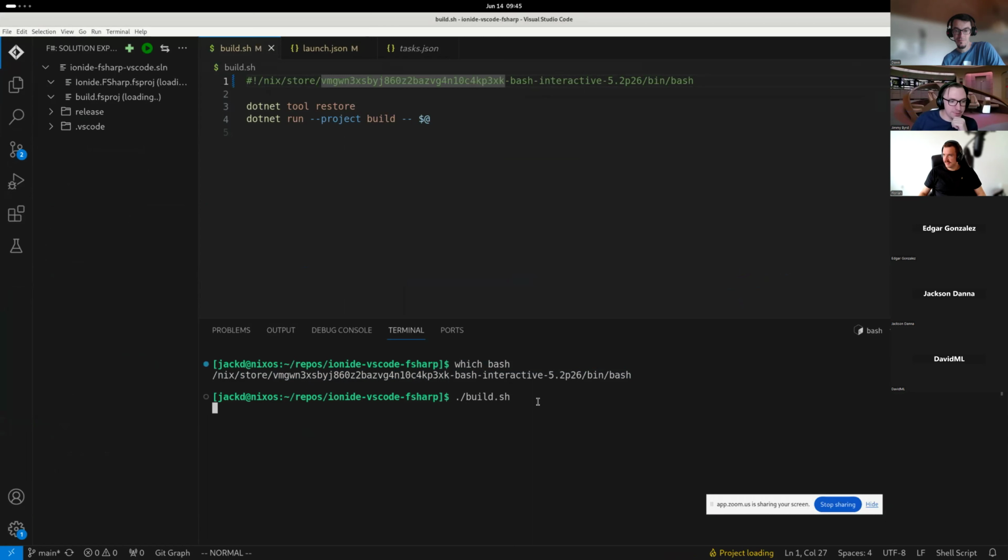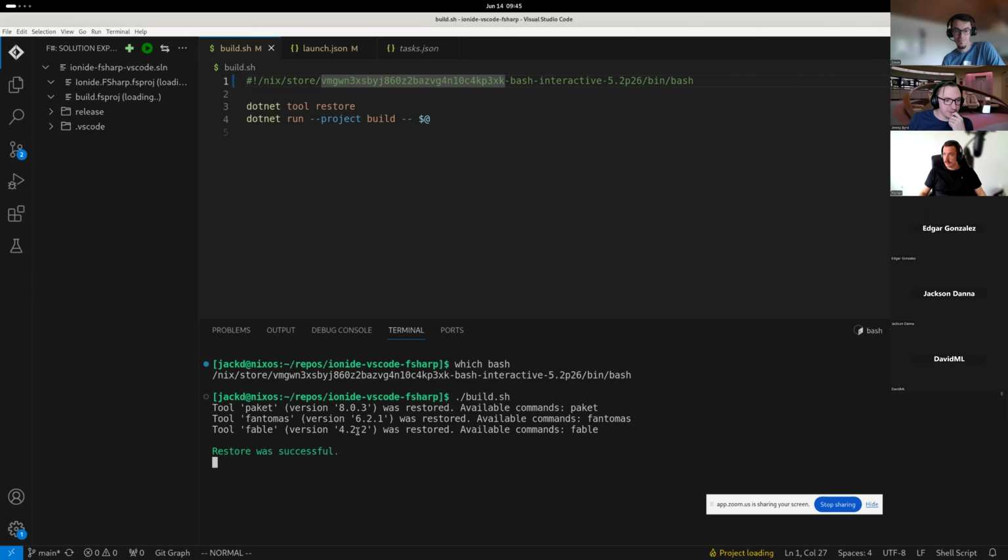Yeah, I mean, we might be able to uncomment out the launch JSON task now, just because we fixed. Actually, should I try with that first? You think? No, it's fine. Just let this run. This might show something else we need to get it set up. So restore successful. It got my packages.